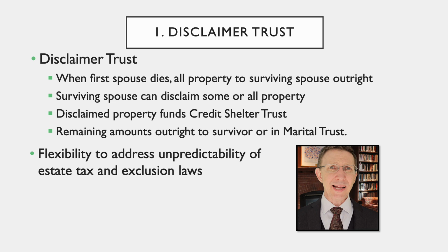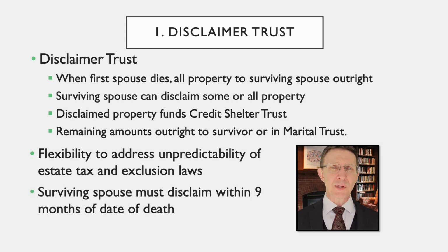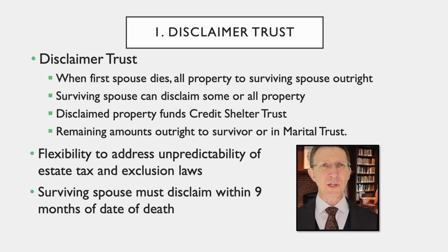Disclaimer trusts provide flexible planning needed given uncertainty about federal and state law exclusion amounts and the future size of a couple's estate. The key advantage to this type of plan is the ability to assess the estate at the death of the first to die. The decision can be made then to create a B trust if the estate has grown significantly, if the estate tax exemption has decreased, or where asset protection is desired. The disclaimer must be done within 9 months of the deceased spouse's date of death. This can be difficult if the surviving spouse is too distraught or not financially savvy enough to disclaim before the